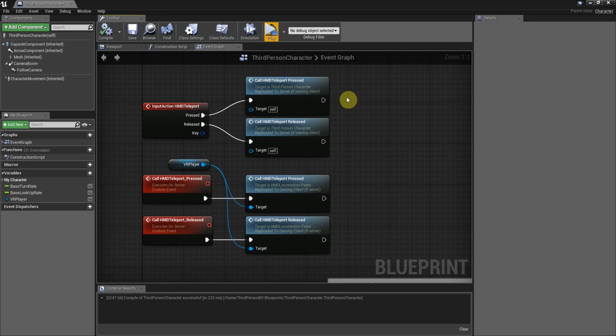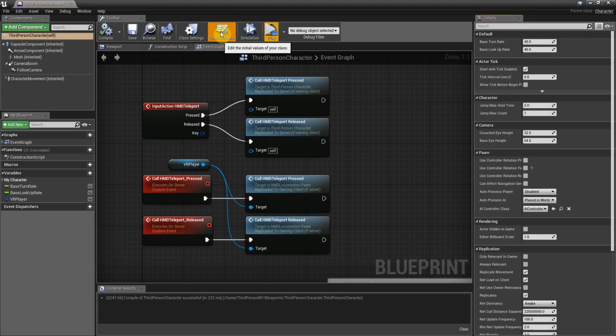Now there's one more important thing that's pretty basic to the game that you might want to implement, and that is replicating your player pawns across the instances of the game. So in order for each player to see each other's actions, they have to be replicated across the network. Even though we're technically local in this scenario, it still has to be replicated because it's two separate instances of the game. So to do that, we're going to have to go to our class defaults in both the VR and the PC blueprints, and